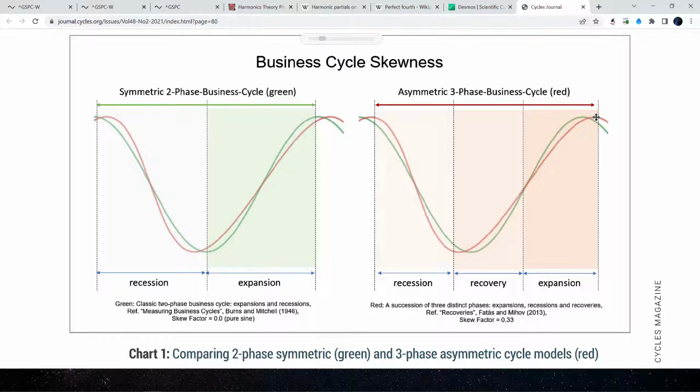So this is skewed to the left, but you could also have the same skew to the right. You never know what the skew is up front of each individual cycle. We just know that we have the skew factor for each cycle. There's a lot of theory and scientific analysis out there. For this example, I just referred to scientific research from Fatas and Mihov, 2013, but you will find a lot of scientific research which confirms that the business cycle and financial data is skewed. So we know that we need to skew the cycle to get better valid timing projections.